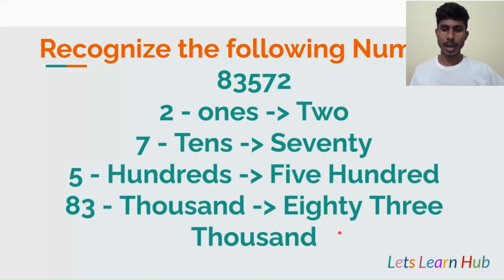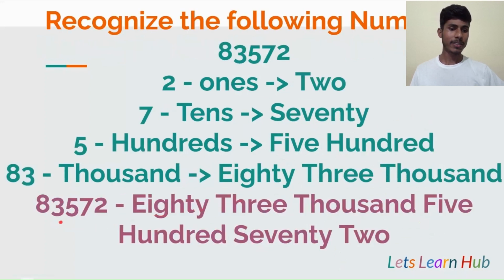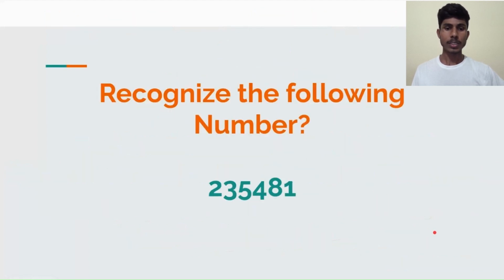So we will have 83,000 and 570 and 2. We need to combine all these four from bottom to top. If we combine all these four, we'll get 83,572. Okay, this is 83,572. This is the value. And our next number is